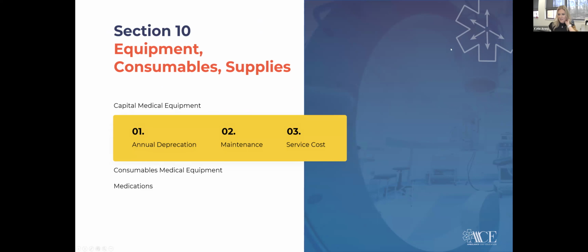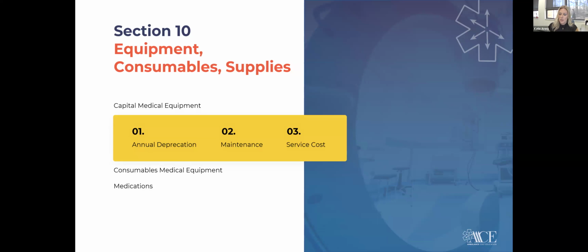Certainly will. Thanks, Brian. Okay, so we're starting to get into other costs now. So we've talked about facilities, we've talked about labor, and we've talked about vehicles, which is a large portion of our costs. So now we're going to get into some of our smaller costs. The first is capital medical equipment, and this should be aligned with your organization's policy and what you define capital as. Typically, capital is going to include equipment that can withstand repeated use and has a high cost, like ventilators, monitors, stretchers, that sort of thing.